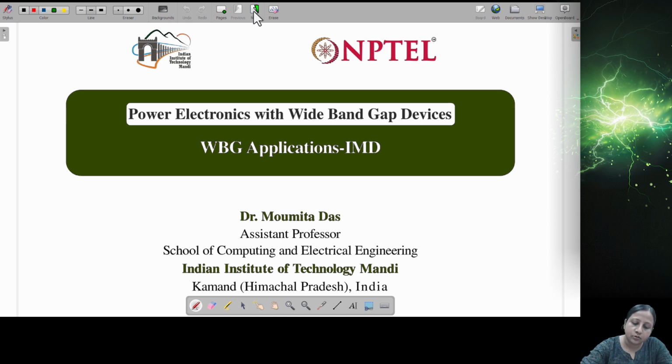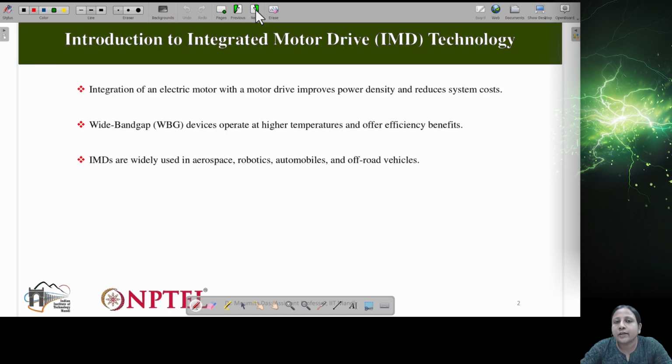Okay, so what is IMD or integrated motor drive? As you can understand from the title, it is basically combining the motor and the drive together. So basically it is the integration of an electric motor with a motor drive, which improves power density and reduces system cost. It is expected to reduce the system volume, or improve the power density, that is in the range of, so the volume of the system will reduce